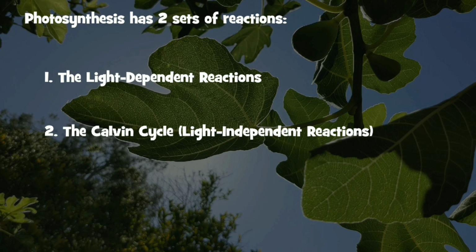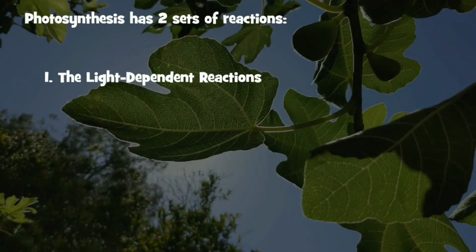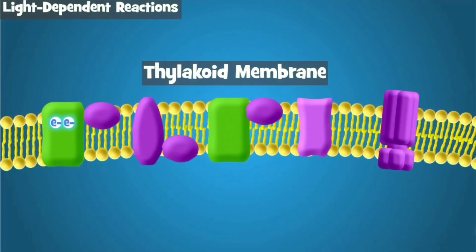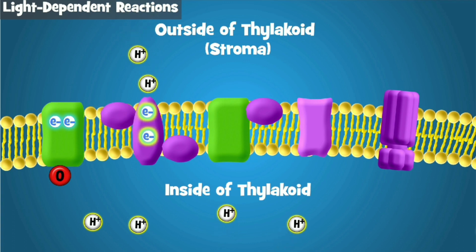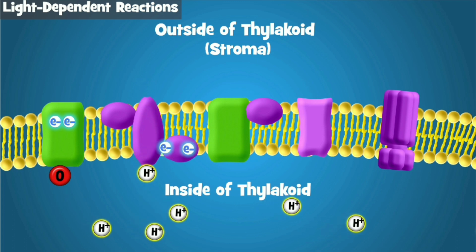While there are many steps behind the process of photosynthesis, it can be broken down into two major stages: light-dependent reactions and light-independent reactions. The light-dependent reaction takes place within the thylakoid membrane and requires a steady stream of sunlight, hence the name light-dependent reaction. The chlorophyll absorbs energy from the light waves, which is converted into chemical energy in the form of the molecules